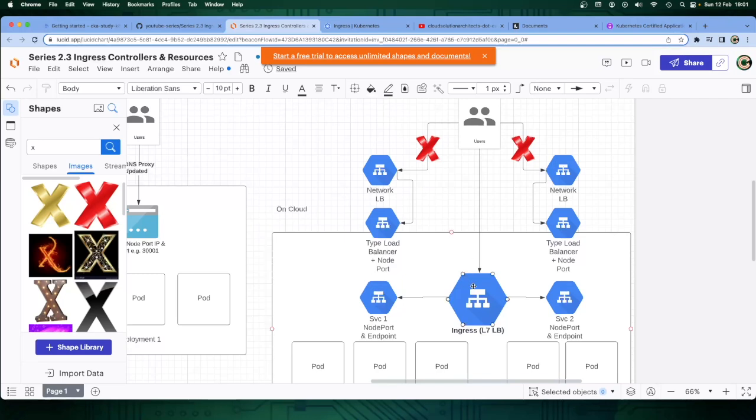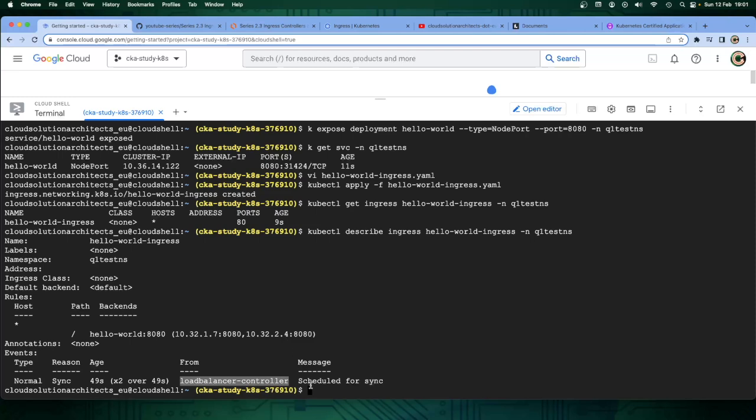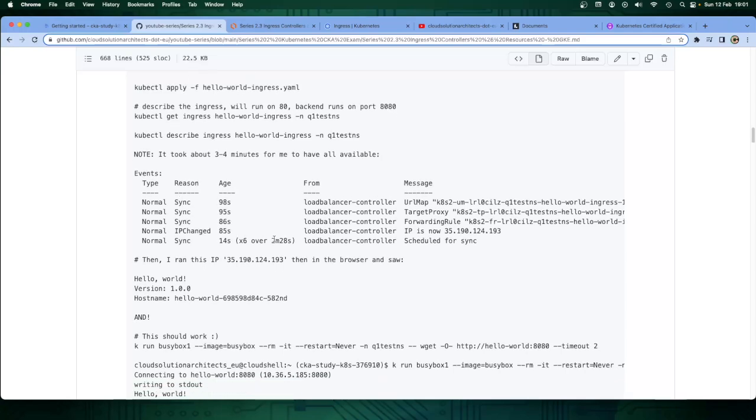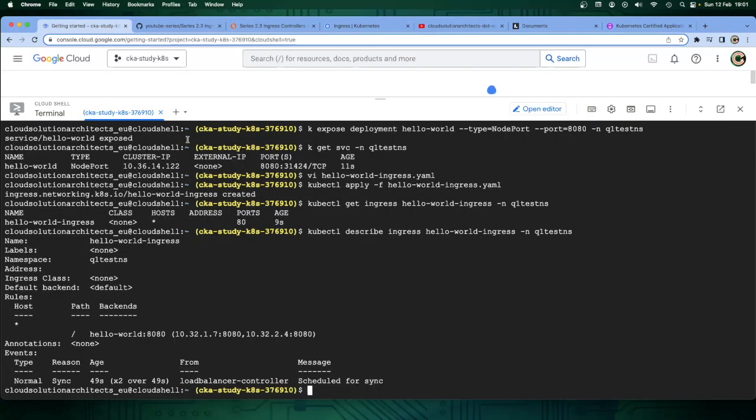I just want to see an IP and be able to access my deployment, but you wouldn't be providing an IP to the end users. For the exam, what we're trying to do is learn how we can get an ingress into the YAML file, how we can apply that YAML file, how we can get the ingress, and how we can describe it, all of those scenarios where that could potentially come up